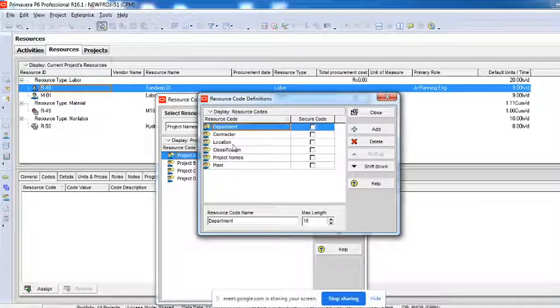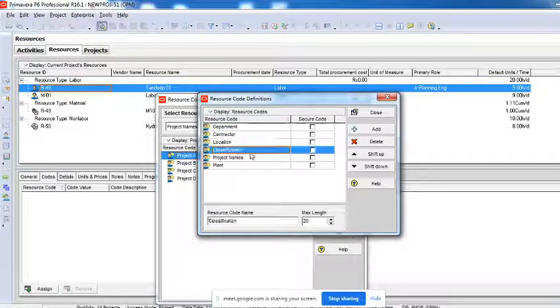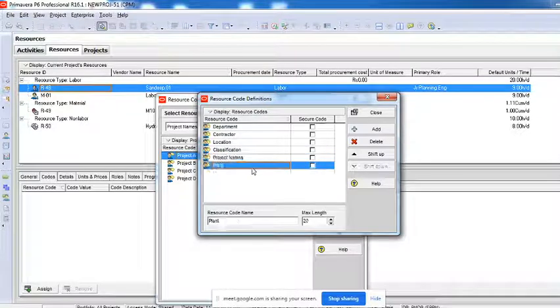If resources are more than 200, 300, they belong to a particular department, contractors, different subcontractors, locations, where they come from, classifications, project names, plants. All the resources of the company are in this resource sheet. I want to separate them by project names, meaning I want to know which particular human resource is working for which project.